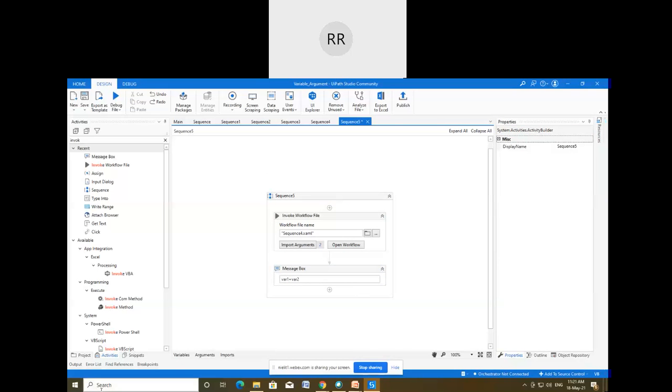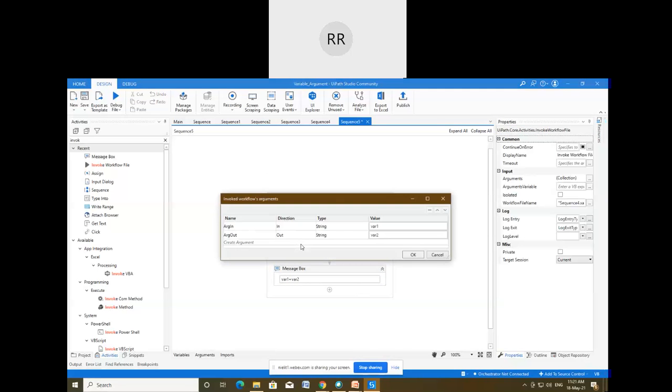So what I have done, I have imported the arguments. Argument in is the direction In, type string, and in the default value section, I created one variable with the name variable1 by using Ctrl+K, and for this argument out, I created the variable variable2. So variable1 and variable2 will take the data from the arguments.